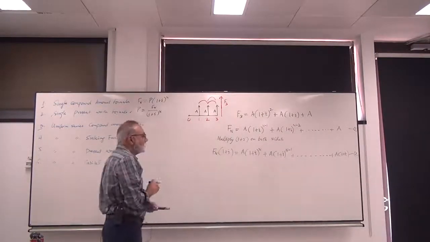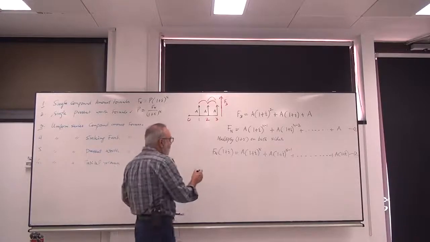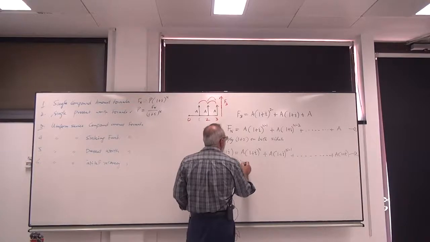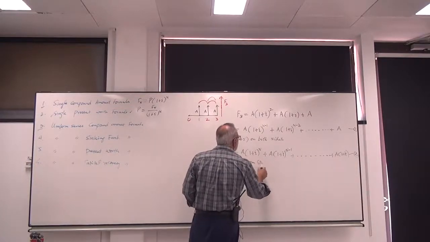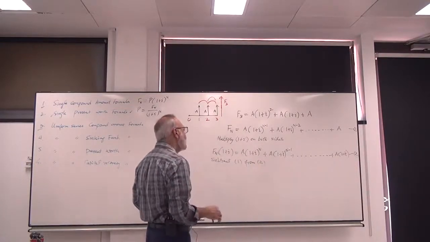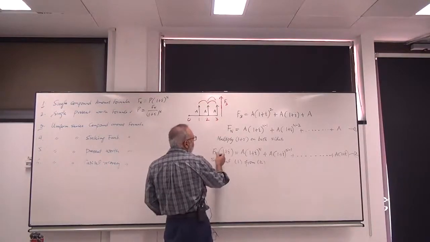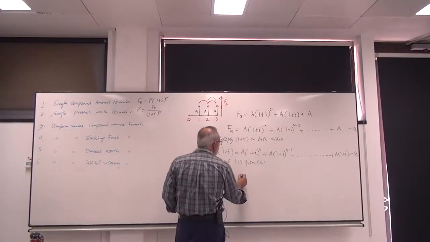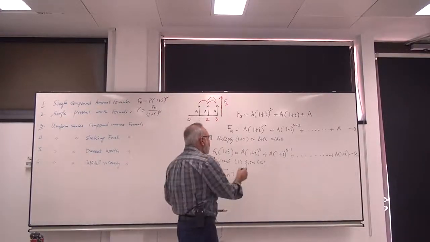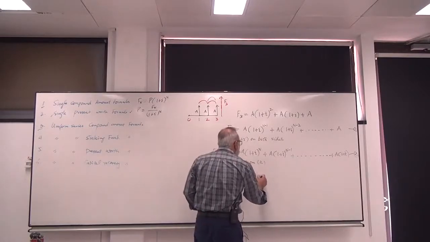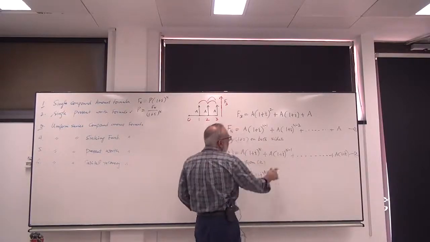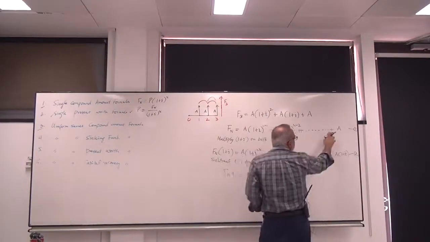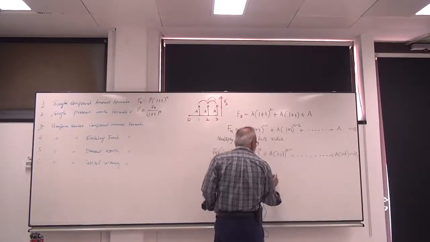Now subtract 1 from 2. When you subtract it, you will see that Fn and Fn cancel, and we will be left with Fn into I, and this one will be A into 1 plus I raised to power n, and this term will cancel with this one, and all these terms will cancel out except that this plus A will now become minus A.